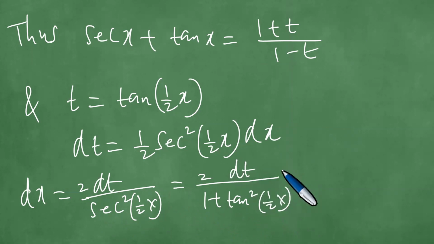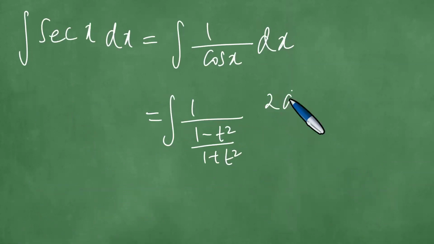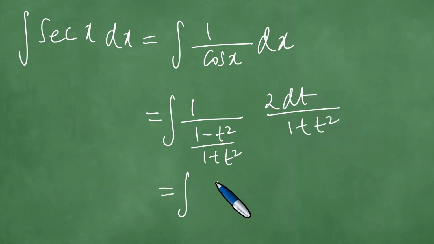So it is 2 dt divided by 1 plus t squared, since the tangent squared of half x is just t squared. Wherever there is dx, we put twice dt over 1 plus t squared. Performing further multiplication, we have 1 minus t squared, giving us the integral